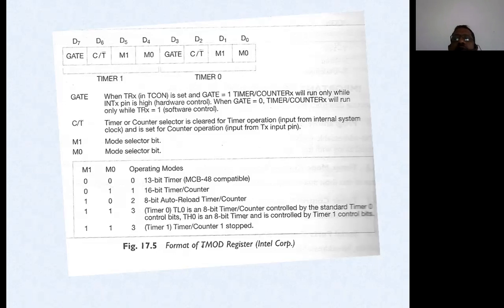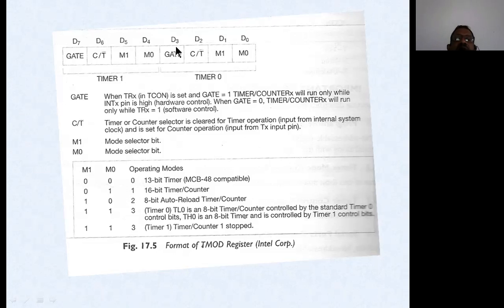If you want to use mode 0, M1 M0 should be 00. That is called mode 0 operation. If you want to use the timer in mode 1, you put 01. This is called mode 1. Similarly, 10 is mode 2 and 11 is mode 3. So we can use the timer in 4 different modes.